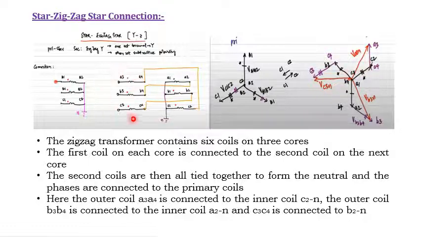Now this combination phasor I am supposed to draw. First, I am supposed to draw the phasor of A3, A4. How can I draw the A3, A4 phasor? See, where is A4 connected? A4 is connected to the C2 point. So this phasor can be drawn with respect to the C2 point. That means the C2 point is to be considered as the reference.